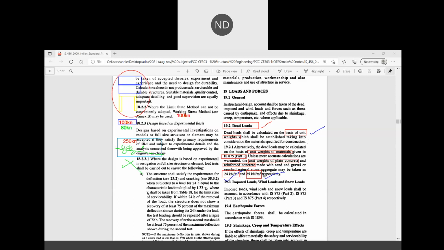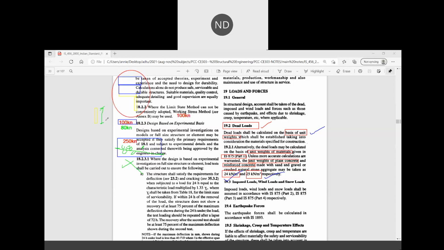Why do we need it? Because to know the dead load of these members, suppose I want to know the dead load of this member, I have to know the unit weight of this member. Once we know the unit weight, dead load is nothing but unit weight times your size. If we know for this particular column, for 1 meter, how much is the unit weight, unit weight means the load for 1 meter, then if we know the size of this column,